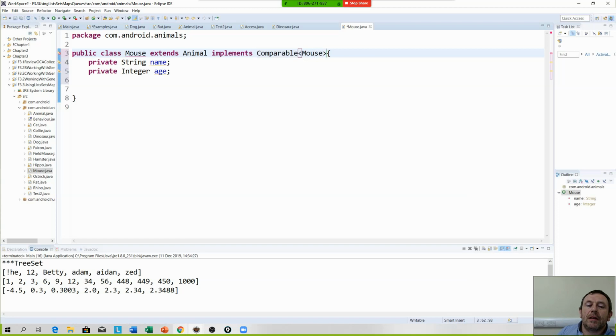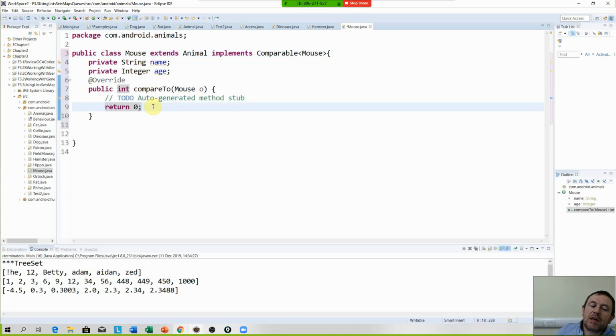All right? So public class Mouse extends Animal implements Comparable. I go here, add unimplemented methods. See what we have here? Public int compareTo(Mouse o). Okay, so the compareTo method returns an int. Now, if it returns 0, they're the same. If it returns a minus number,